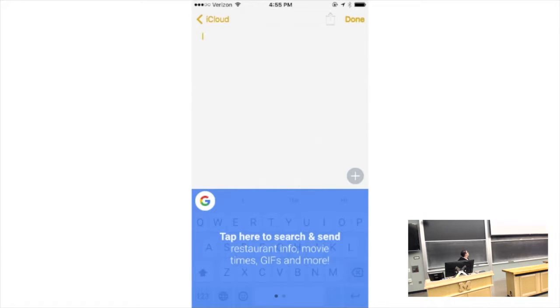And so this is a different app. This is called their Gboard. They love throwing G's in front of everything they have instead of a keyboard. So they're trying to get you to say, hey, look, tap here to search and send. And this would be like restaurant, whatever. They're giving you examples of how to use it too. So you can use color to draw your eye to instructions as well within an